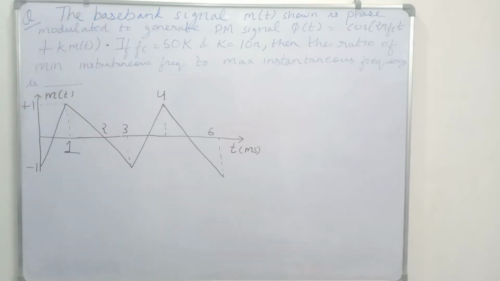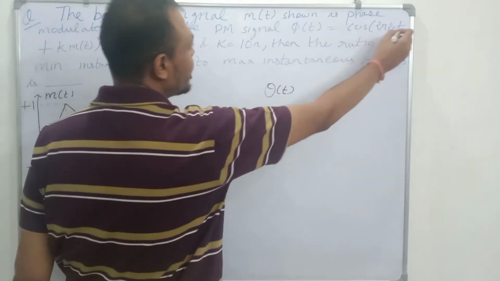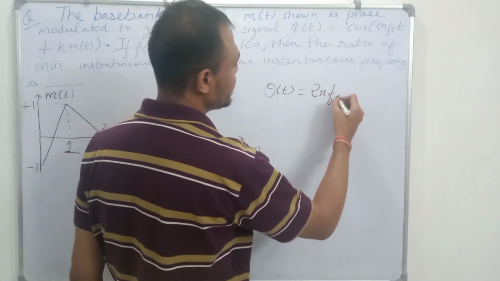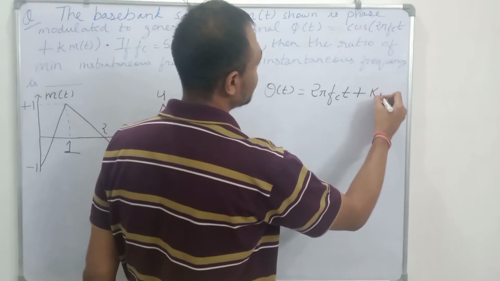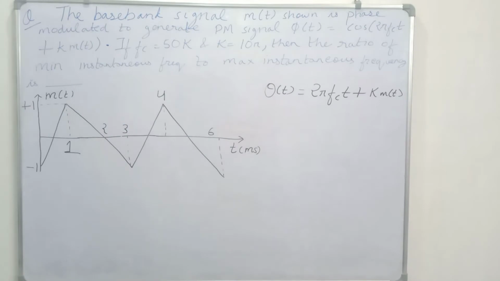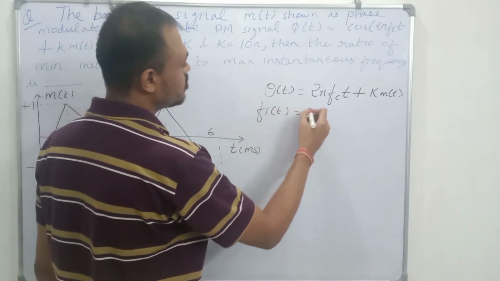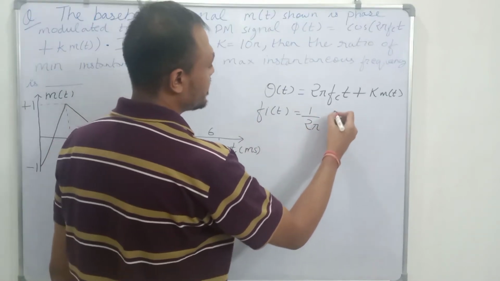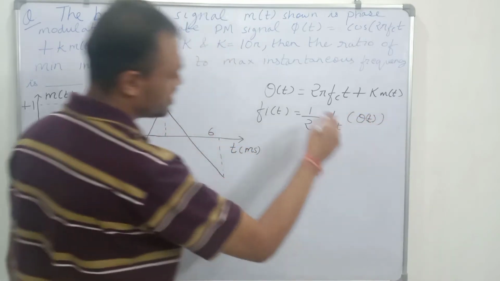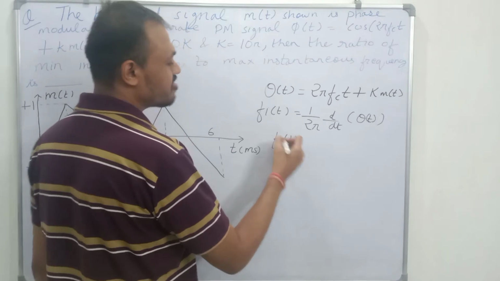So the angle of the phase modulated signal, theta(t), is given to us as 2 pi fc t plus k into m(t). Now the instantaneous frequency is given by fi(t) equal to 1 upon 2 pi d by dt of theta(t), the differentiation of this angle. So if we differentiate it, then the instantaneous frequency fi(t) will